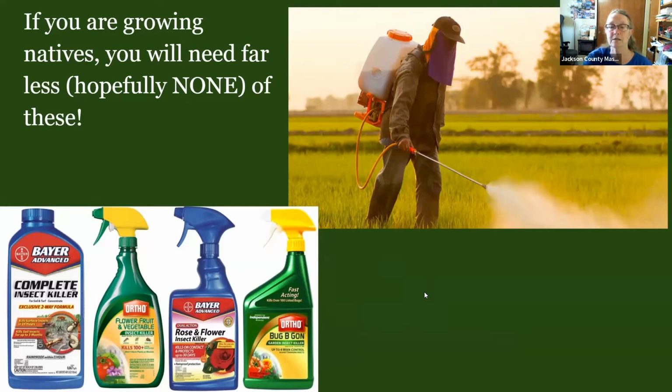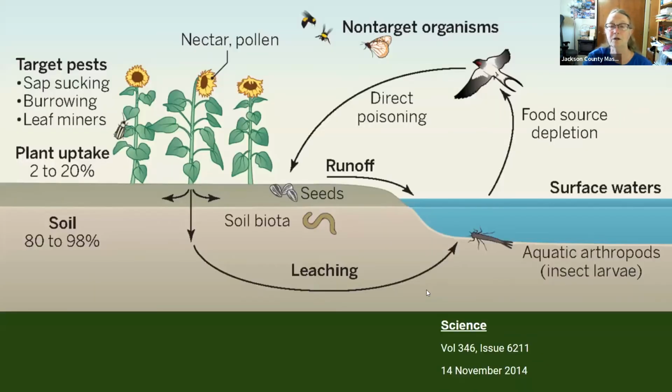And so that's problematic. We know that when we spray something on vegetation, it isn't just taken up by the plant tissues itself. It moves into the soil. It affects the soil biota, meaning the living things in the soil. And then 90% of it gets into the soil. Basically, it runs down the plant, and only about 2% of it gets taken up by the plant. It then leaches through rainwater or lawn watering into the aquifer and then into the surface waters where it kills